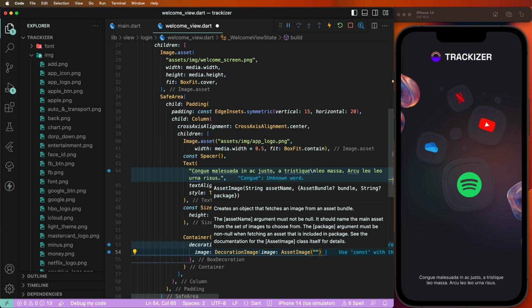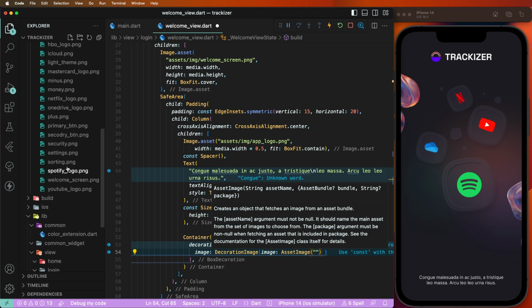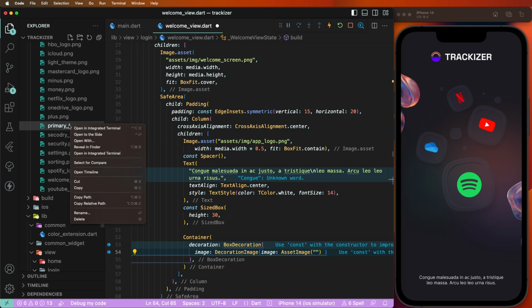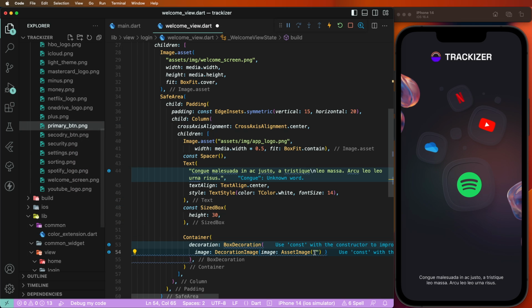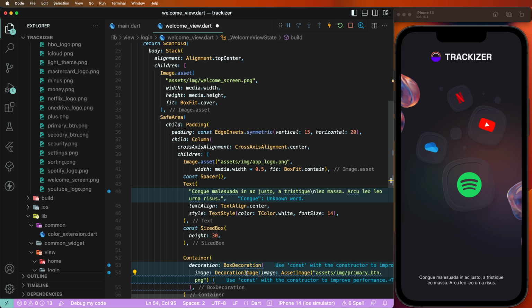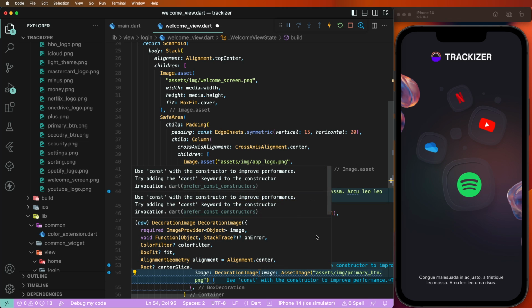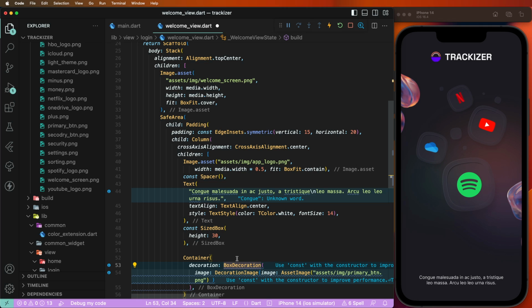Set name. Need to copy here to primary button. Yes, we need to just copy and to set here. Now need to set. And now need to give here the